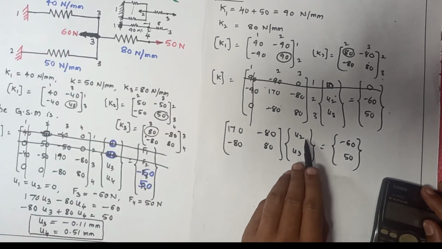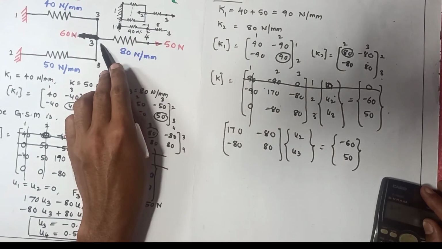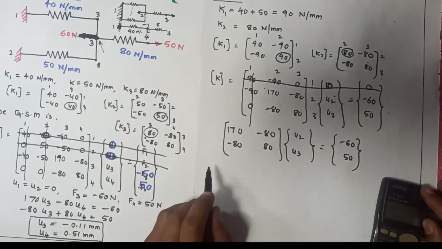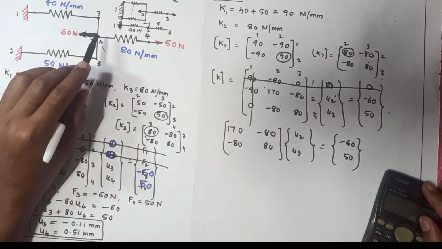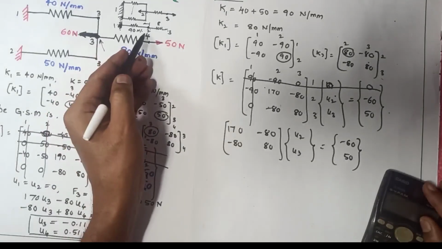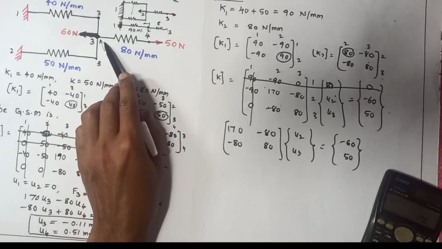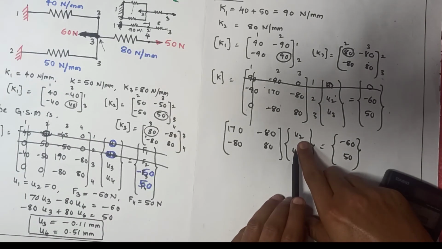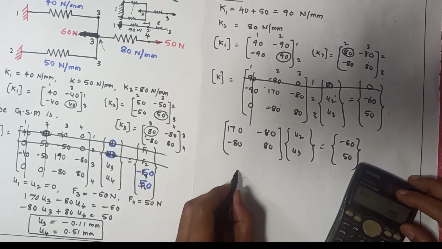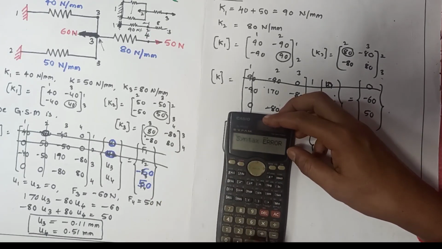Now again you will have the same equation. Instead of 3 here you have taken 2. Whatever U2 you get now will be the same displacement as before, only the numbering is changed. Now U2 is equal to the earlier U3. Earlier you mentioned it as U3, but according to the 1, 2, 3 numbering here, the displacement is the same. So whatever displacement at node 3 you calculated, in this numbering you will have U2. The same value you will get. If you substitute, you go to the same equation.